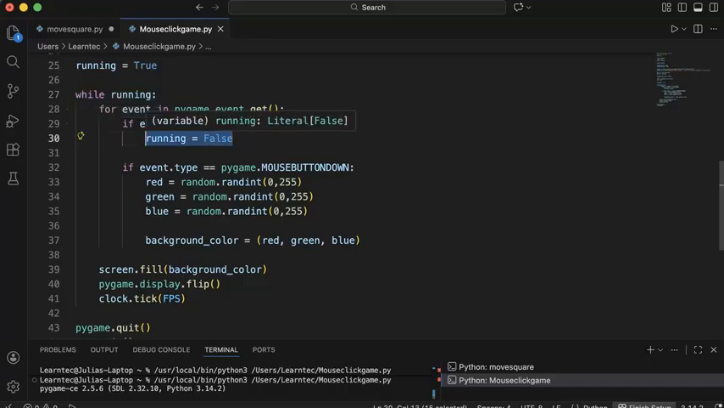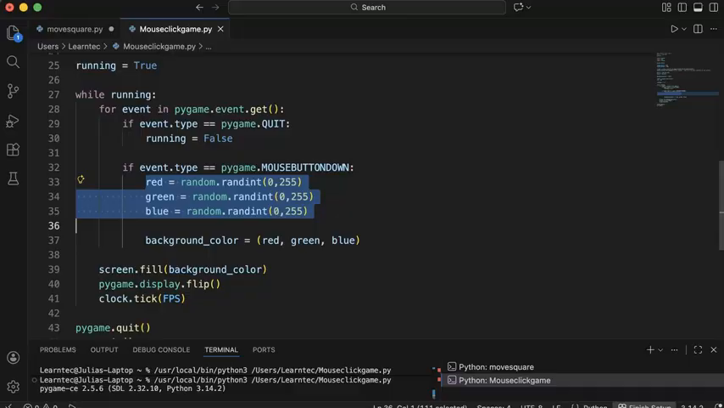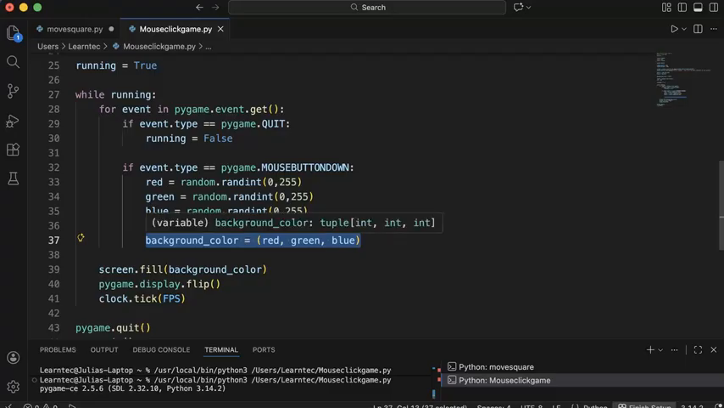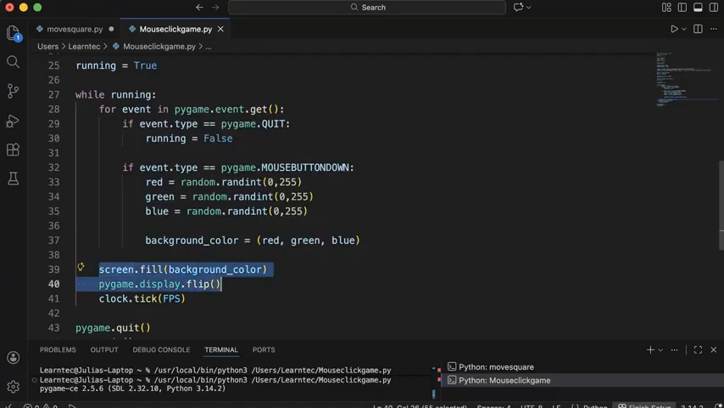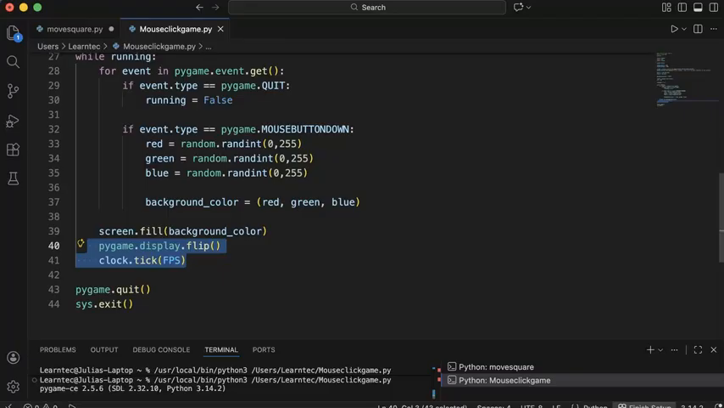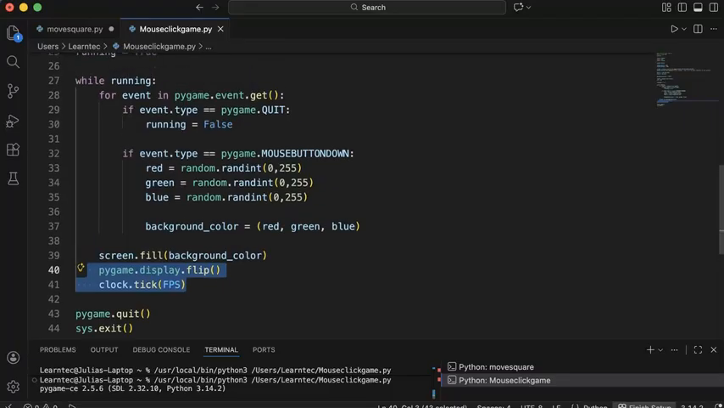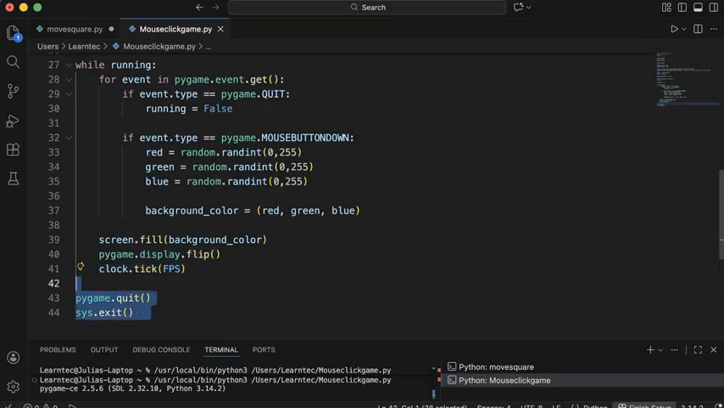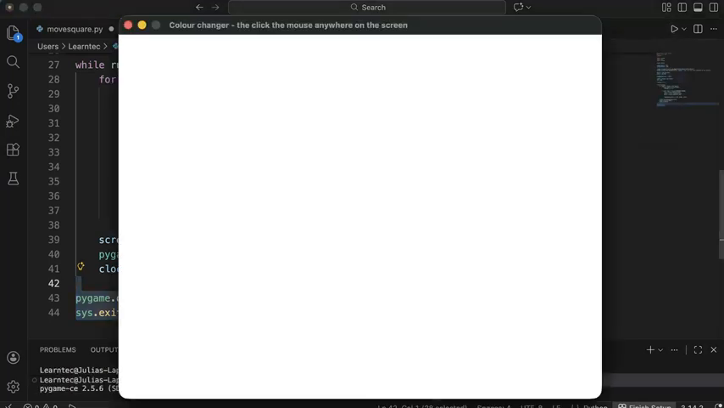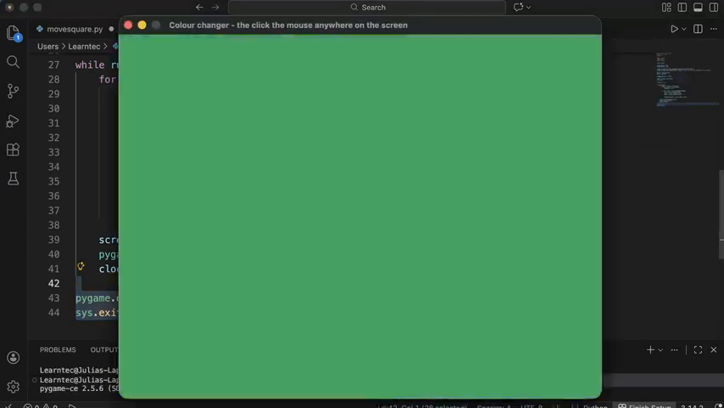However, we're also going to check have they clicked the mouse. So mouse button down means they have clicked the mouse, and if they have, then we're going to select some random numbers for our red, green and blue background and set the background color to that random numbers. Then we're going to fill the screen with that background color and refresh the screen though. So these two lines just basically refresh the screen, and that's our main loop, and it will just keep running until they close down the window. And our last two lines just exit the game nicely. So if I run this now, again, you can see, and I click the button on my mouse, it changes